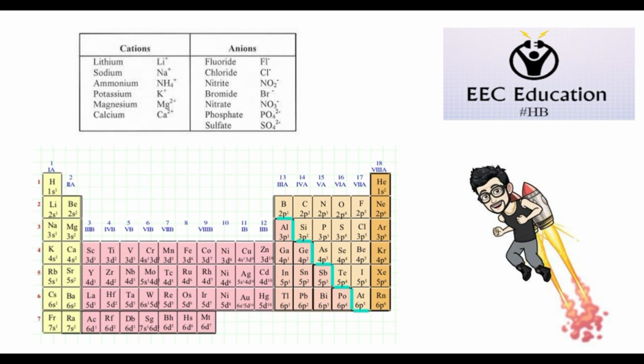Sometimes you can predict whether an atom will form a cation or an anion based on its position in the periodic table. Alkali metals and alkaline earth metals always form cations. Halogens always form anions. Most other nonmetals typically form anions, for example oxygen, nitrogen, and sulfur, while most other metals form cations, like iron and gold.